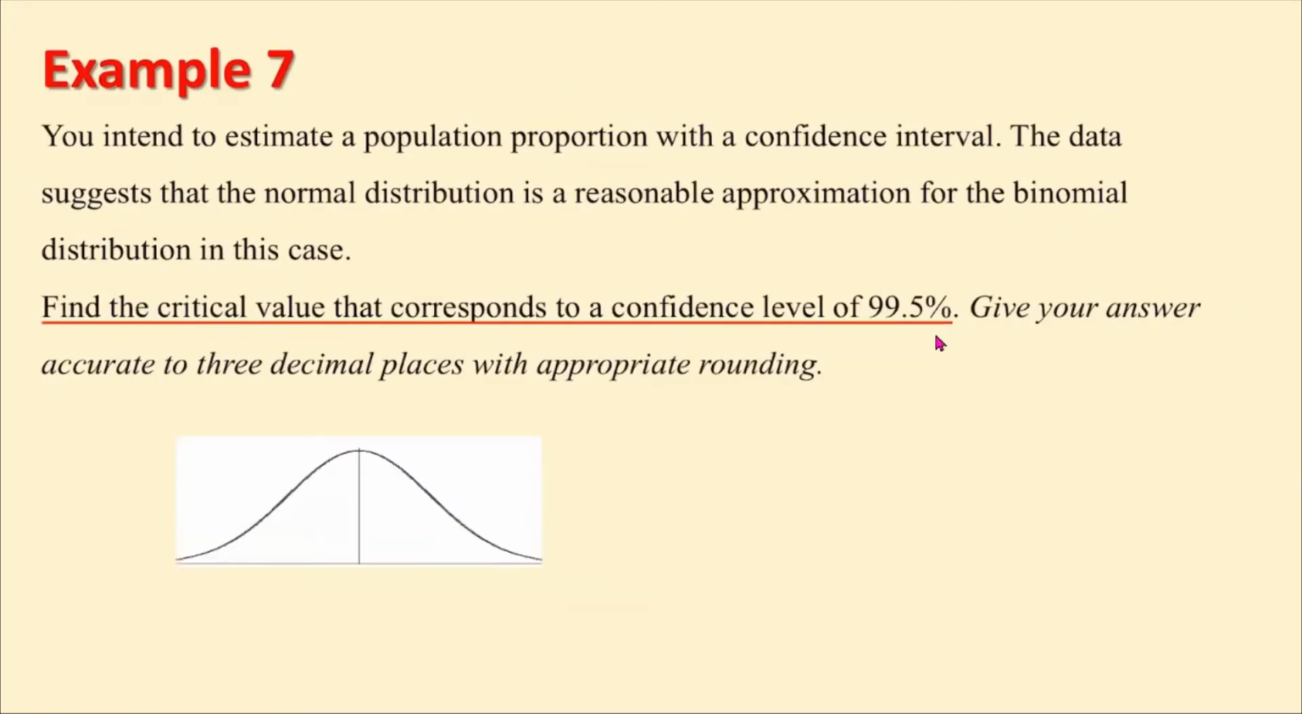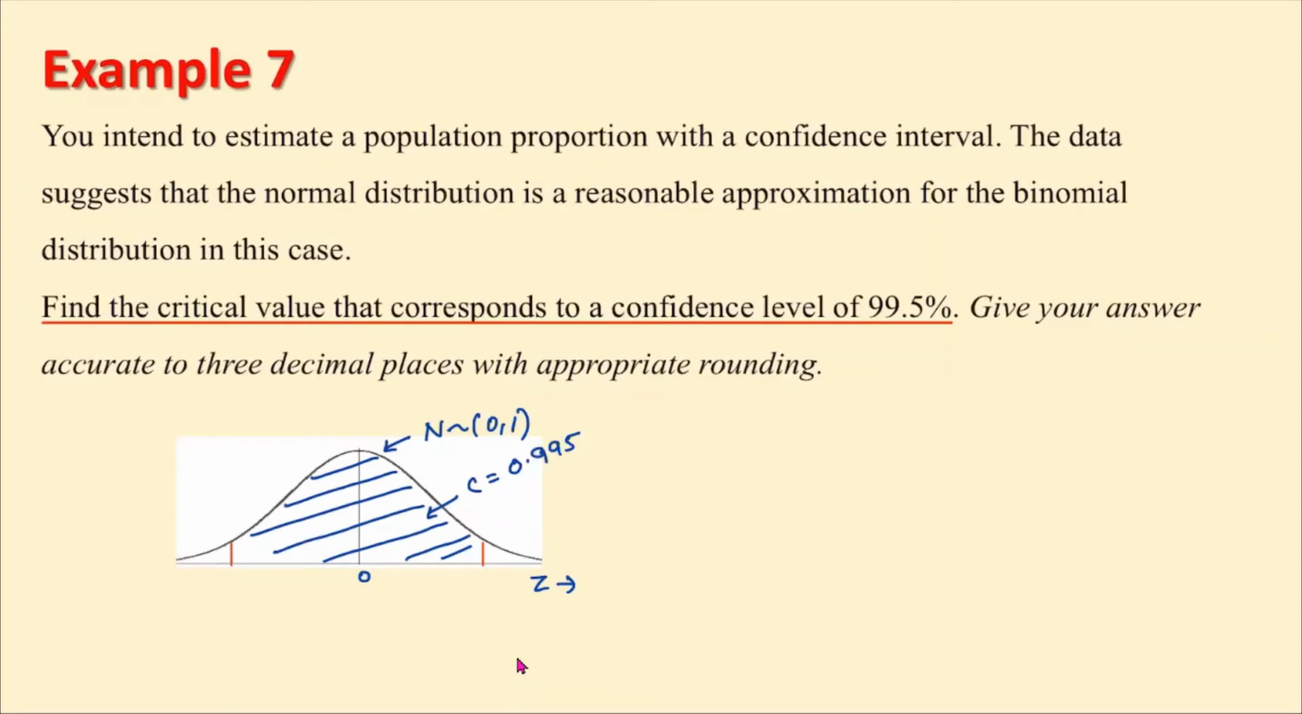Suppose that is my normal distribution. Say that is my normal distribution with mean 0 and standard deviation 1, z values along the x-axis, mean 0 in the middle. So we are looking for the critical value that corresponds to the confidence interval of 99.5%. So we have 99.5% area in the middle. Okay, 99.5% area is in the middle. That is the 99.5% area. So this is your C. C equal to 0.995,